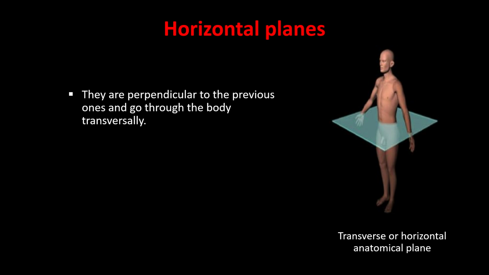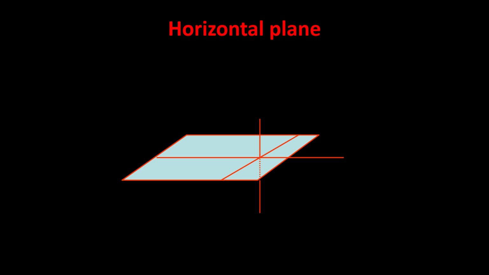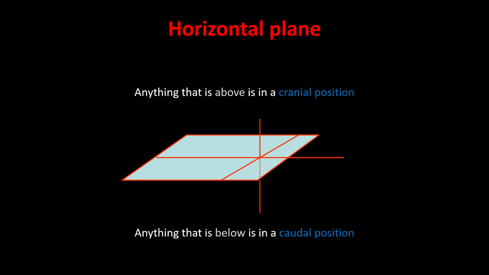They are, of course, perpendicular to the other two and cut across the body. It's as if we were slicing the body into several strips, isn't it? In other words, horizontally. A horizontal plane, which is represented here on the slide, will therefore separate two parts of the body. What is located above will be said to be in the cranial position, towards the skull, and what is located below will be said to be in the caudal position, caudal being an adjective relating to tail,